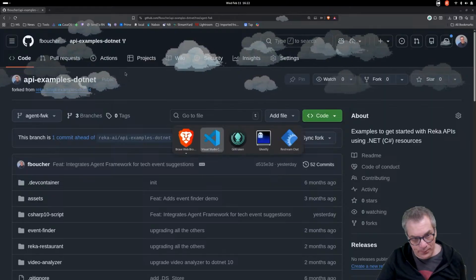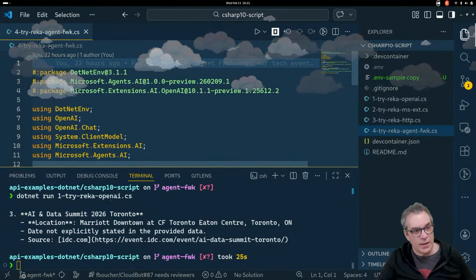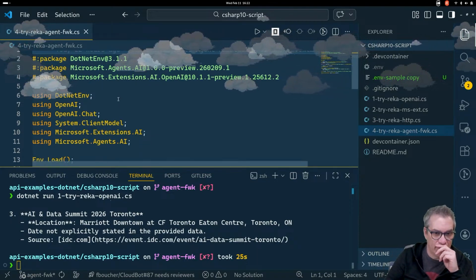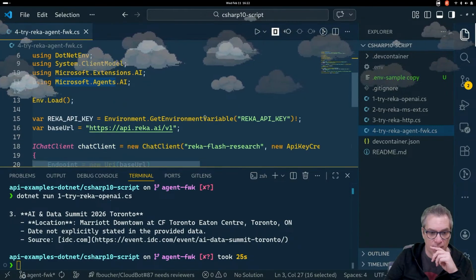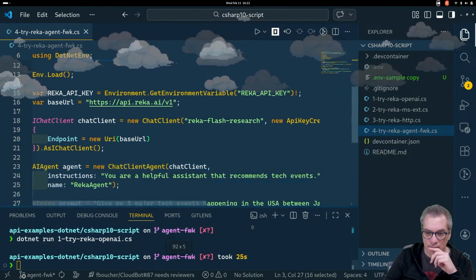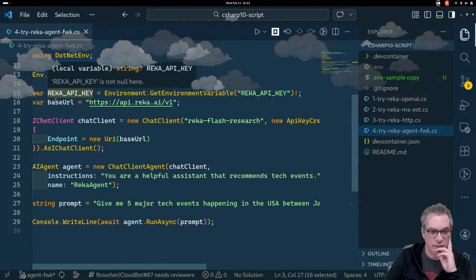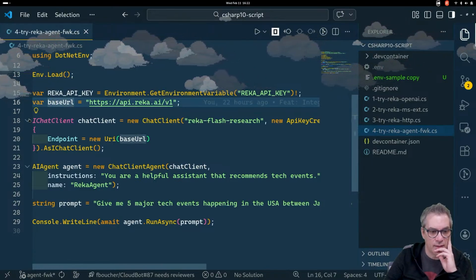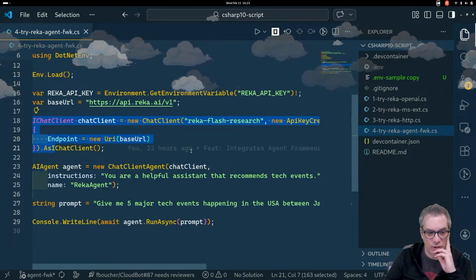Okay, so that's perfect. Now we have that here where it's using the agent framework. Let's minimize this. It's mostly the same thing, right? You define your key, your base URL, and you use the interface for the chat client.